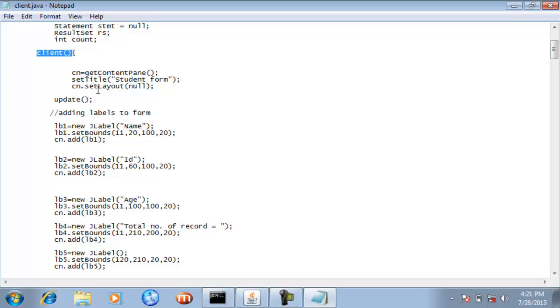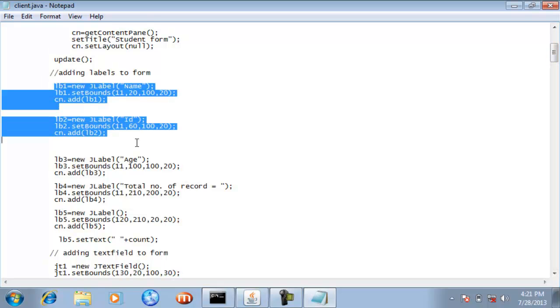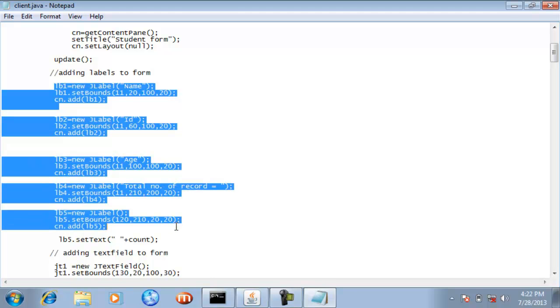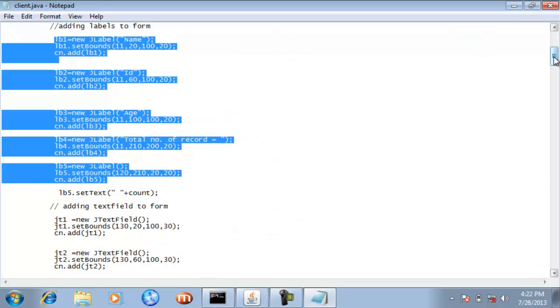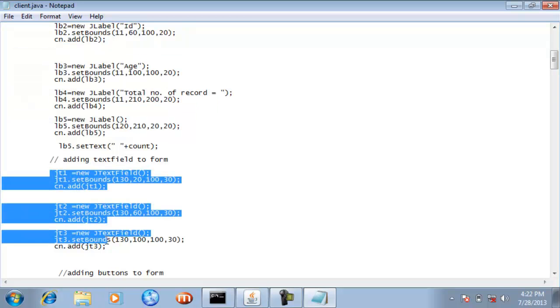Here you can see that the layout of the form is null, and the title of the form is student form. Here you can see the code responsible for adding the labels like name, ID, age, total number of records, and so on, so we have added 5 labels to our student form. Then, if you see here, I have added 3 text fields.